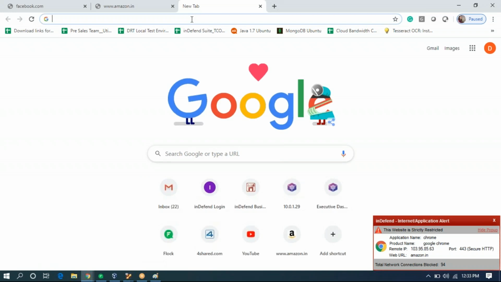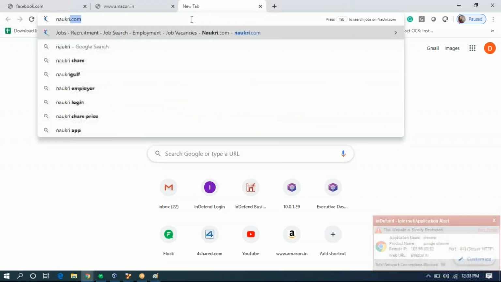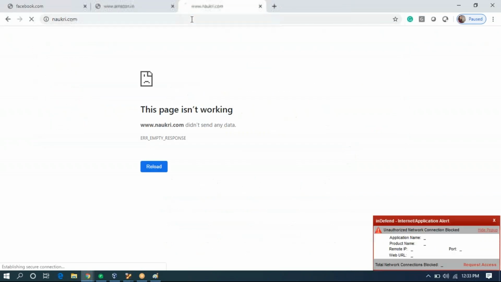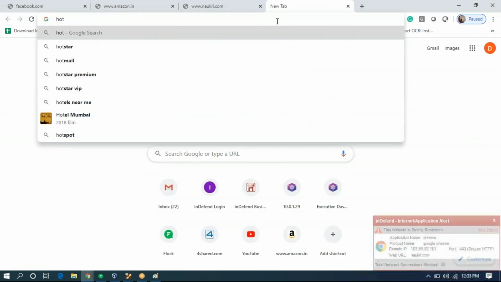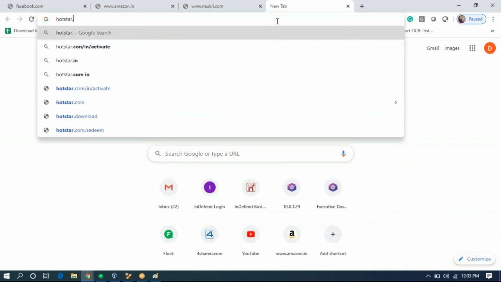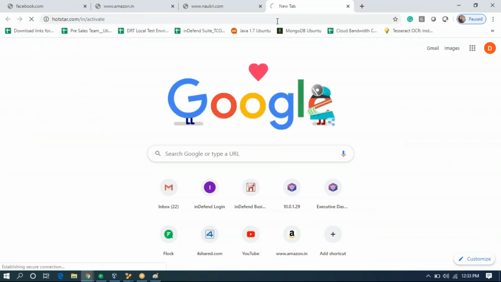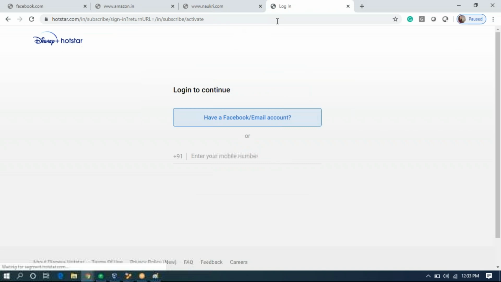Then we also blocked job websites. So we'll try naukri.com. Again, you can see this website is strictly restricted, naukri.com. Now we'll try and open other websites which are not blocked, like hotstar.com. This website is working since it was not blocked.